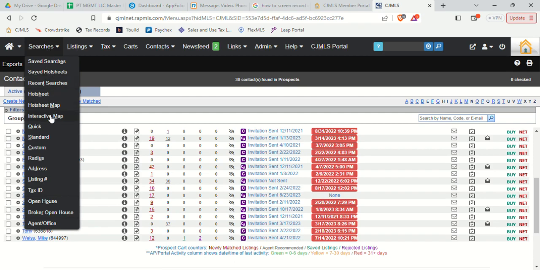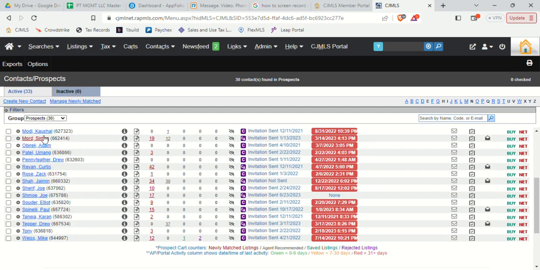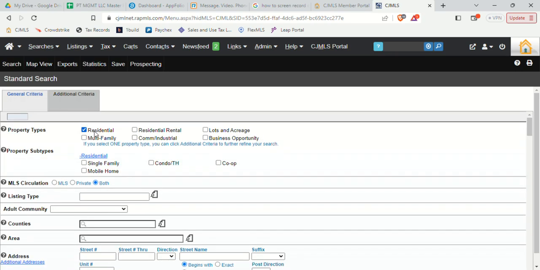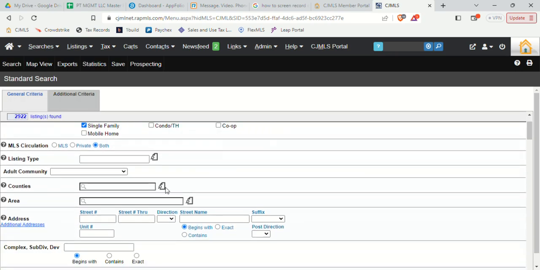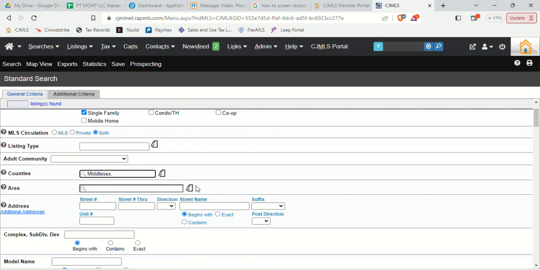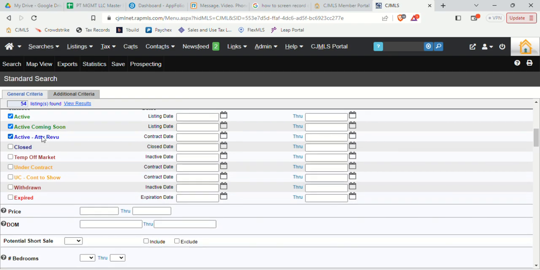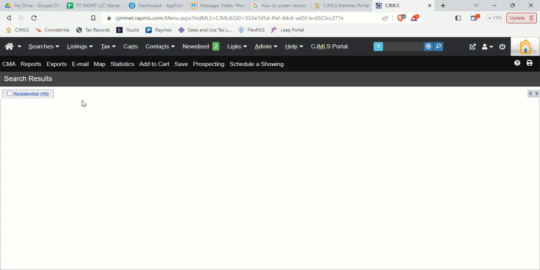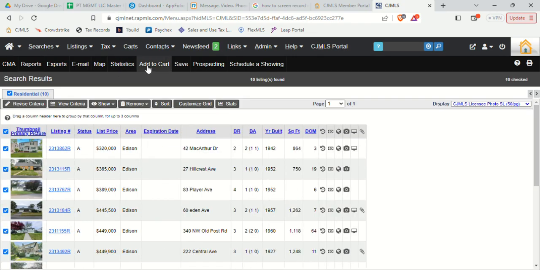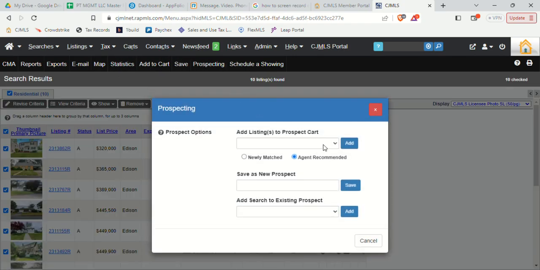And the other thing I try to do, this is again overkill, I do it just to cover my bases. All right, so let's do the same thing again. Areas, Middlesex. Just to speed this up so I don't lose your attention, let's just do Edison, right? 525,000 again. All right, view results. Okay, then I click on all of them, and then I'll click prospecting, add listings to prospect cart,